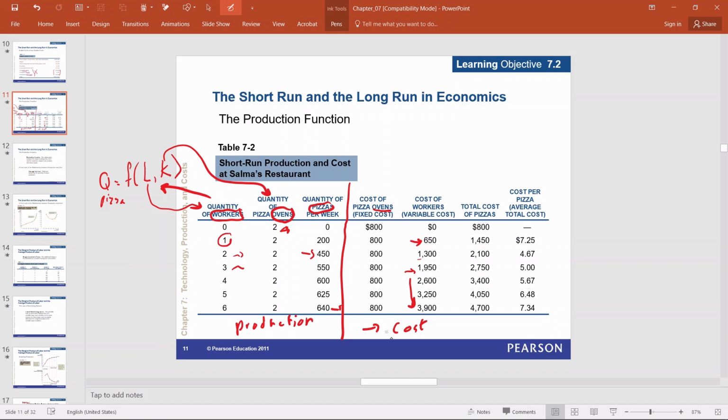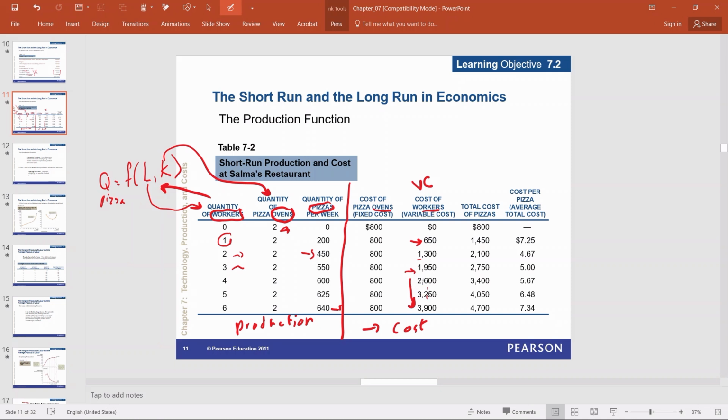So you notice that for each additional worker, the additional payment of labor is 650, and we said that labor is a variable cost because it changes according to the change in the number of production or level of production or